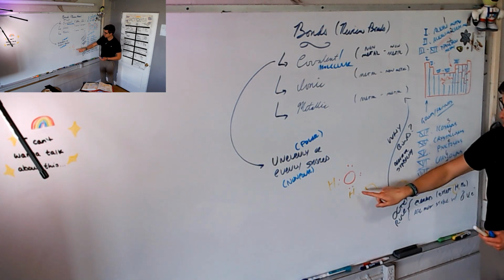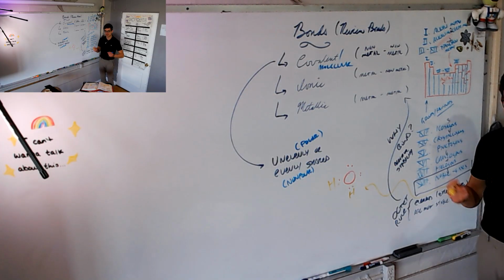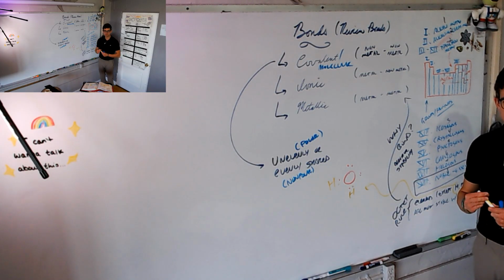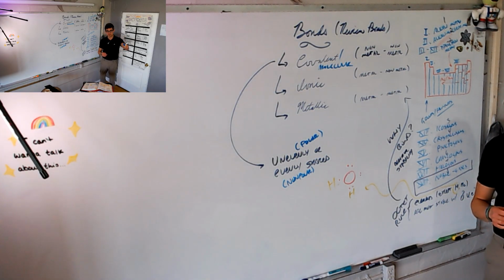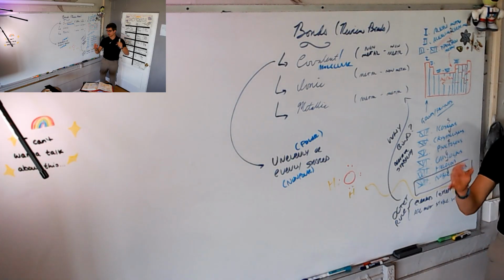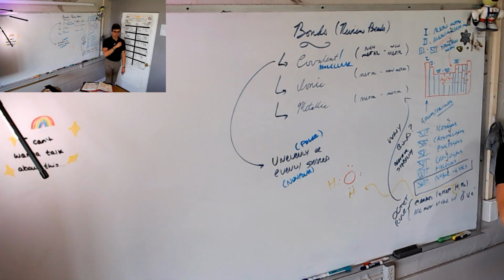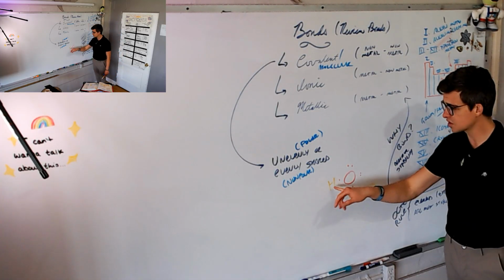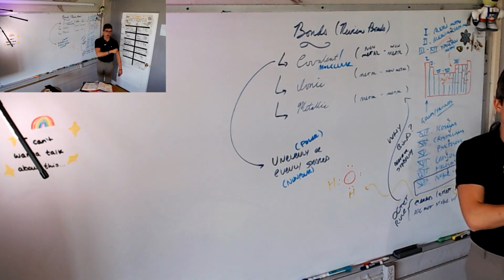And you can see that even though they're all sharing, where do the electrons want to hang out the most? Next to each other? No, not that, because they all have the same charge, and so they want to get as far away from each other as they can. With whom do the electrons want to spend more of their time? With whom of these three? Why oxygen? You're right, but why?